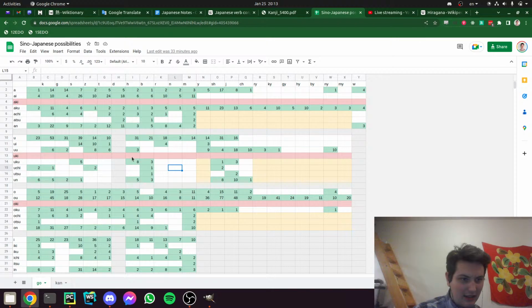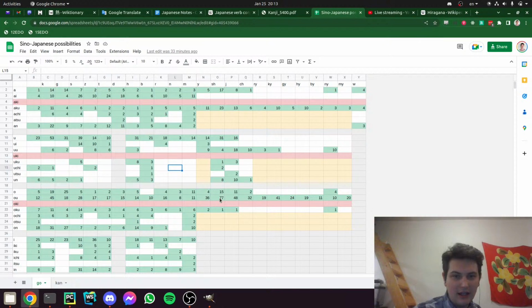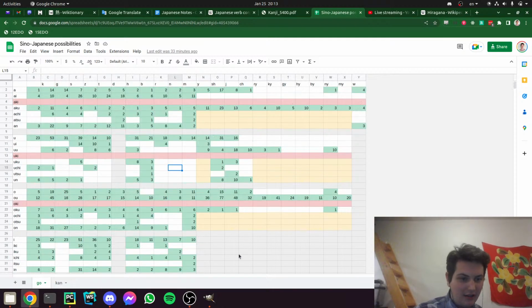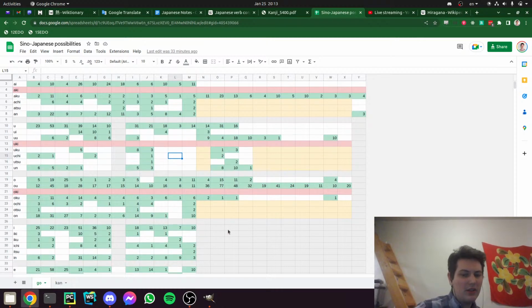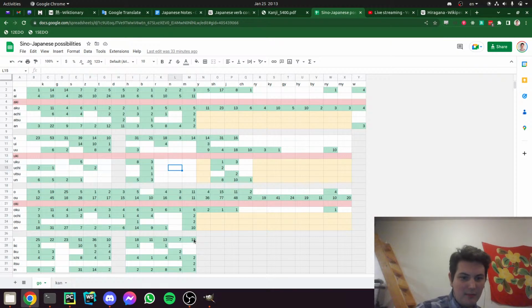So some of these extra sound changes, like fu instead of hu, right? Those are assumed to be automatic here. And so that's why, for instance, I actually have shi, chi, and ji grayed out here. Even though those are sounds that occur in Japanese, they're just represented by these cells, not by these cells. Anyway, so given all that,